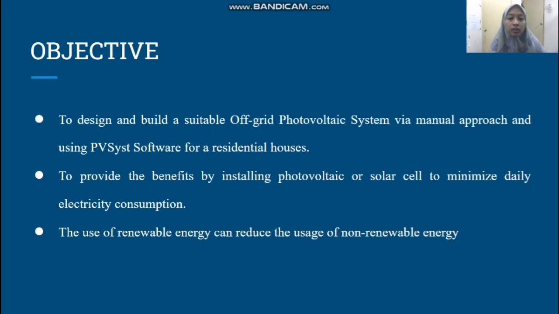The objective of this assignment is first to design and build a suitable off-grid photovoltaic system, achieved via manual approach and using PVC software for residential houses. Second, to provide the benefit of installing photovoltaic or solar cells to minimize daily electricity consumption. And lastly, the use of renewable energy can reduce the usage of non-renewable energy like